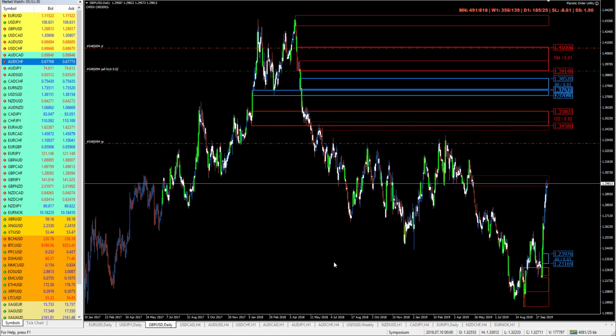The British pound, American dollar, we had this area of demand. Price came to it, tested once, twice, and we moved higher, showing strength in this area. We moved down, we moved sideways. This area of supply consumed this demand, which we tested once. We left, distributed, and then cut through all of these levels. I like this one here because it took out this one, and this is the origin. This is the start of the green pushes that move through this 4-hour demand and eventually this daily demand,